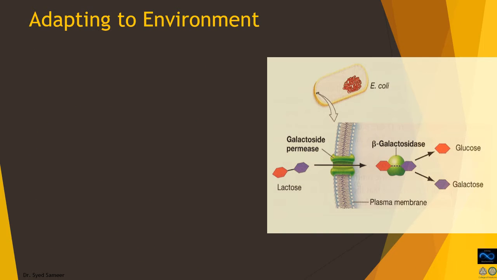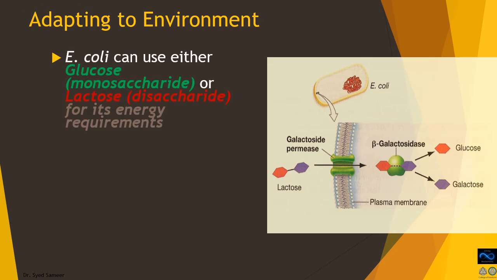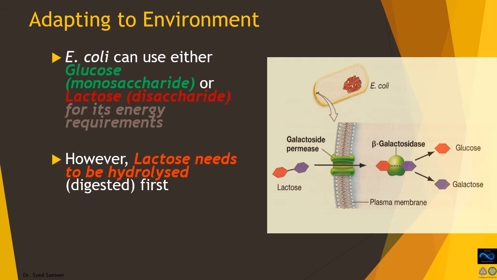As I already told you, these operon models function in adapting the cell to its environment, to the source of energy. For E. coli, the sources of energy can either be glucose or lactose. However, as we know, lactose, when it is metabolized, has to first undergo hydrolysis by galactosidases to generate glucose and galactose,